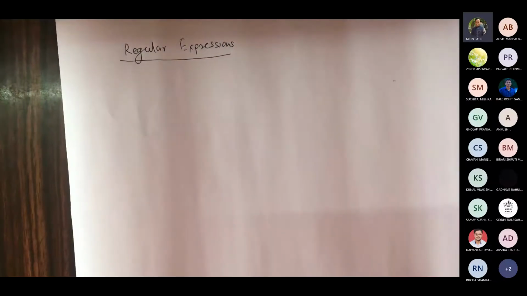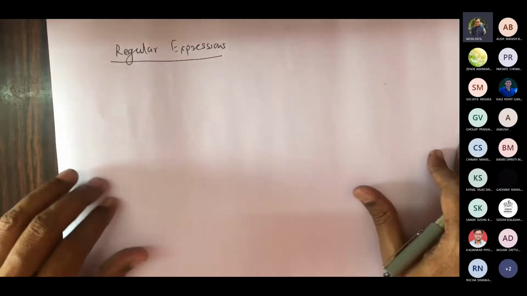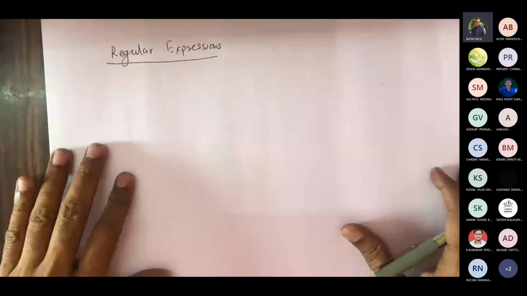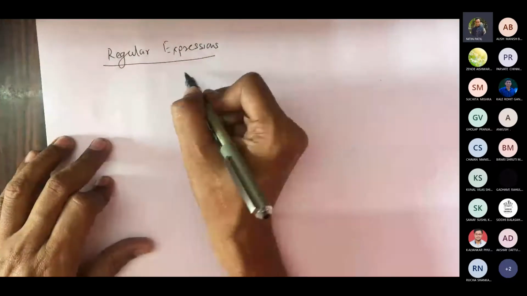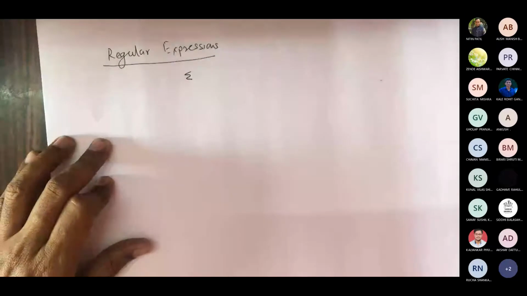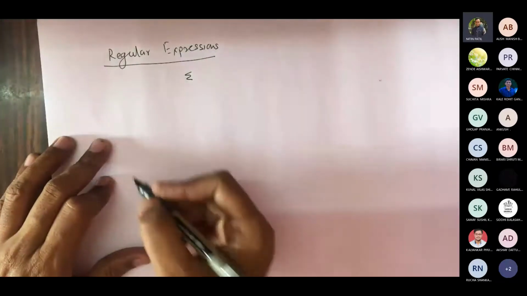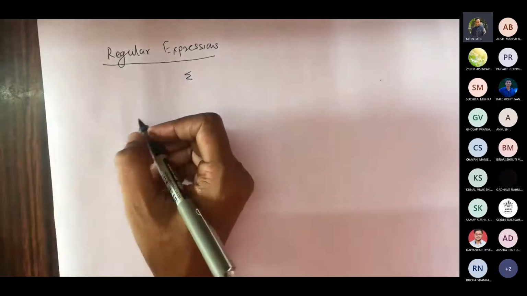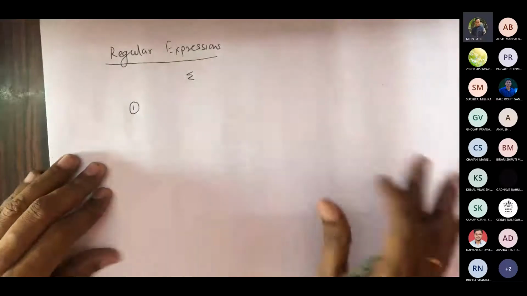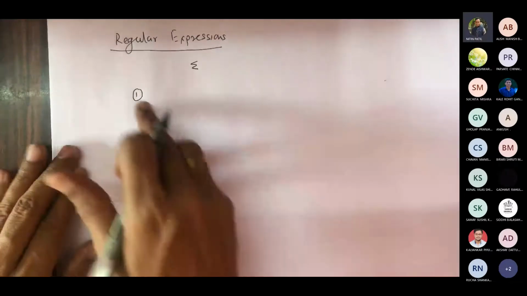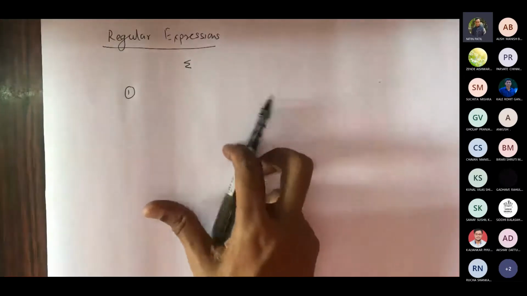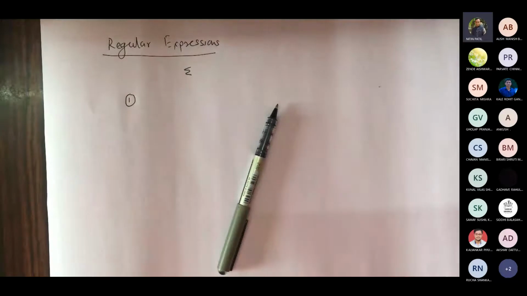Now these regular expressions are a kind of mathematical notation used to represent a language. The definition of a regular expression can be expressed in a recursive manner. So let us assume that we are given sigma, which would contain some elements. We'll define the formal definition of regular expression in the following way. I will have a recursive definition. I will start with 1, 2, 3, 4, 5, which can definitely be used for representation.